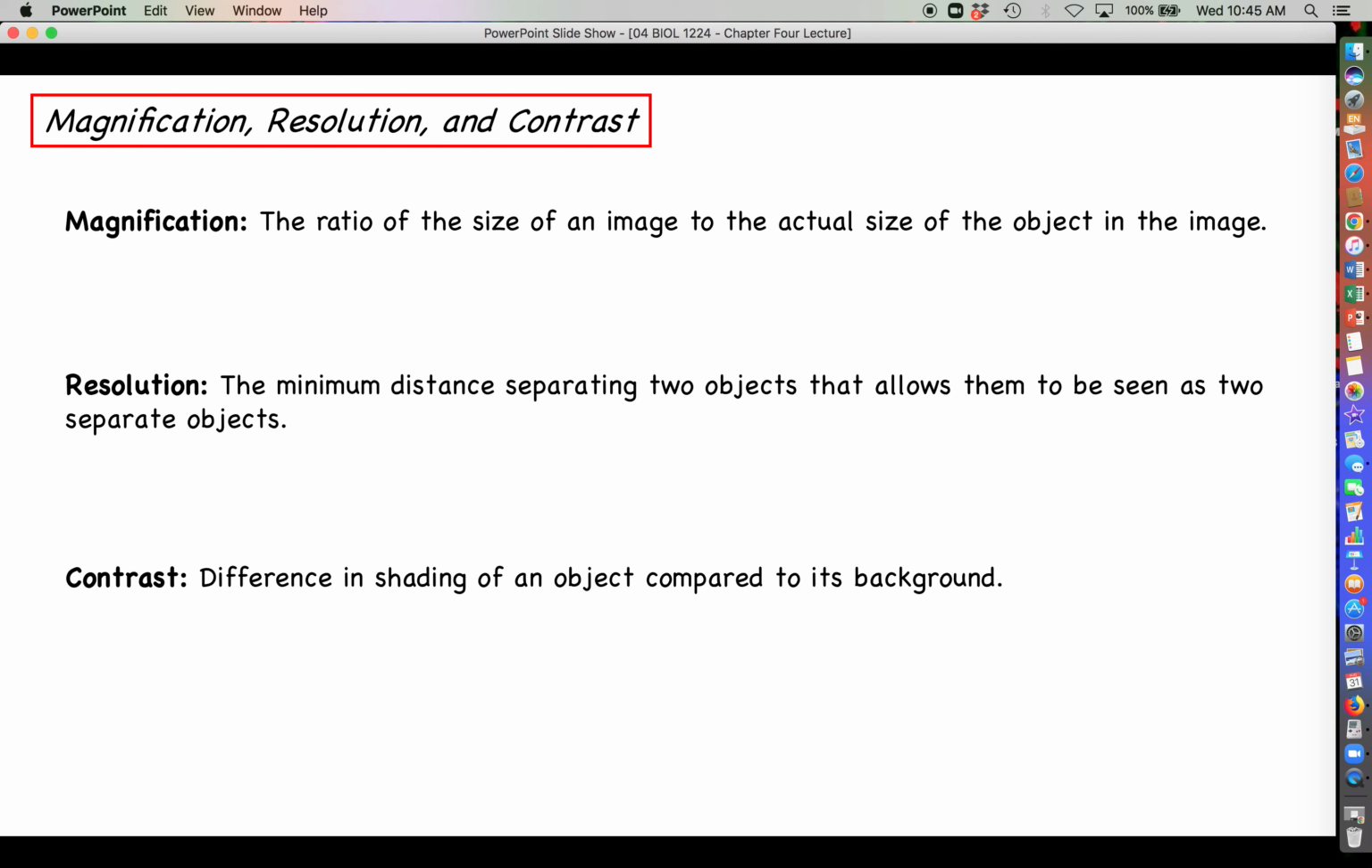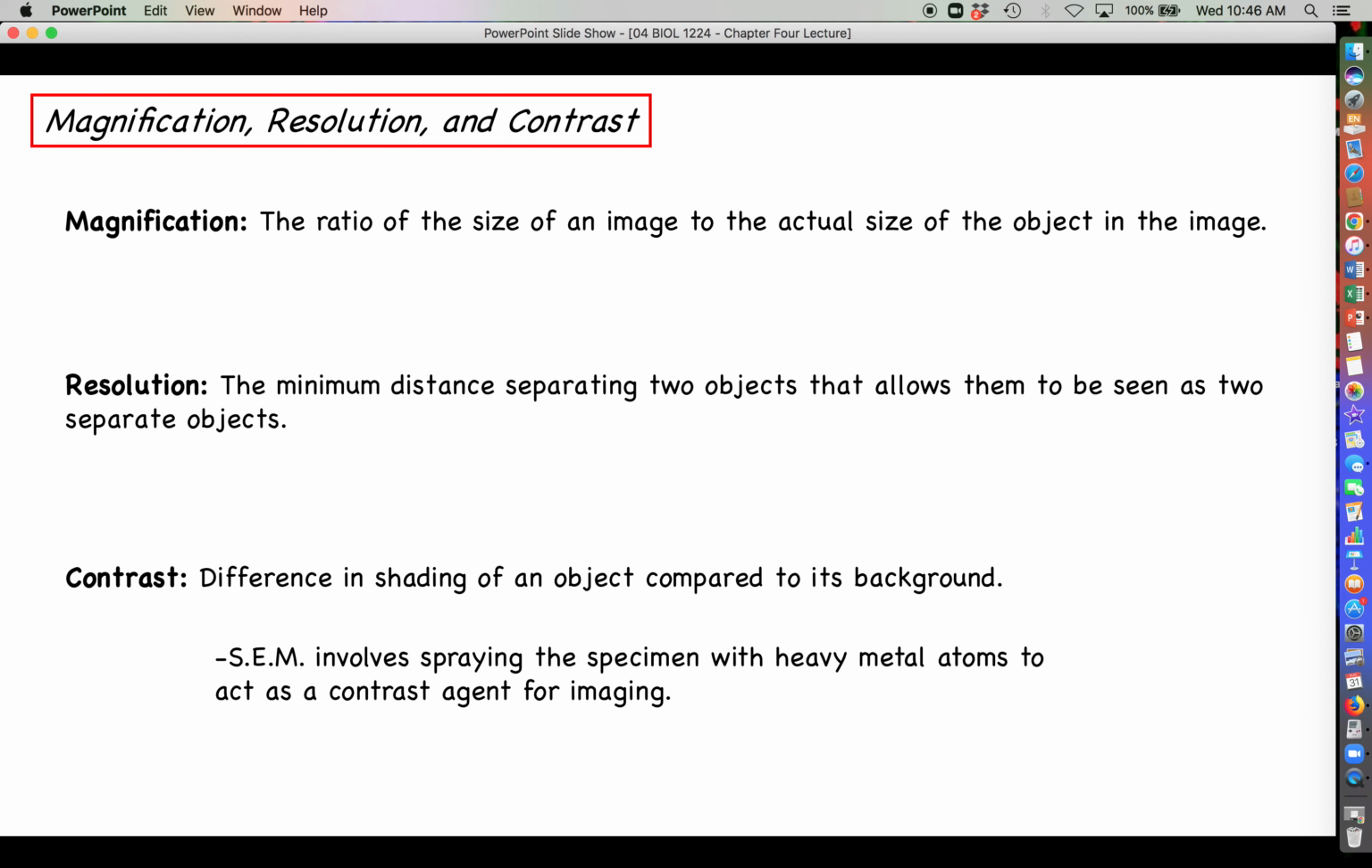And then contrast is the difference in shading of an object compared to its background. It's possible for something to appear invisible because it is indistinguishable from the background. Having a high level of contrast allows you to actually see objects and distinguish them from the background. A good example of this is in scanning electron microscopy. You generally spray the specimen with some kind of heavy metal atoms like gold